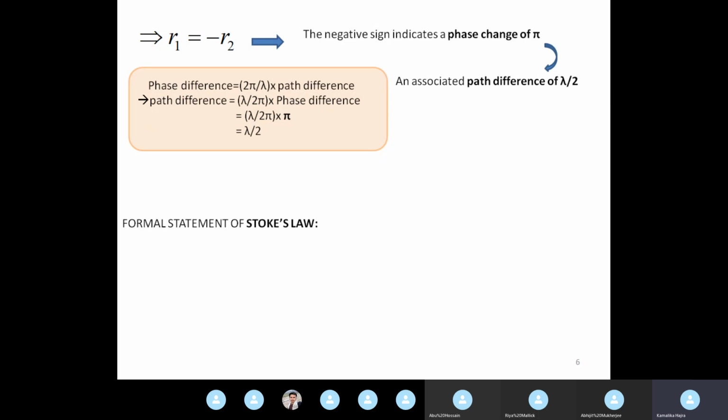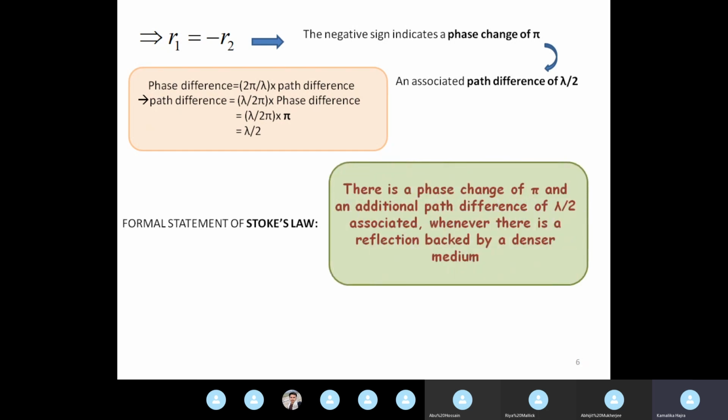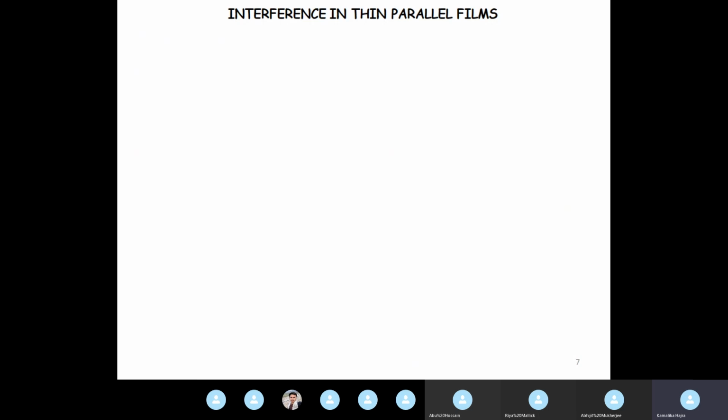Okay, so now we are in a position to formally state Stokes' law. There is a phase change of pi and an additional path difference of lambda by 2 associated whenever there is a reflection backed by a denser medium. And this is an experimentally established fact, which was obtained from the Lloyd single mirror experiment. With this background, we moved on to discuss interference in thin parallel films,